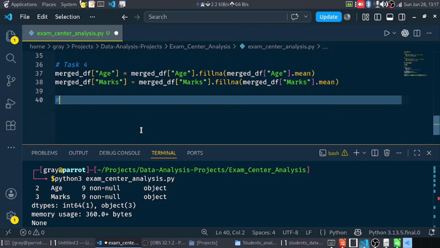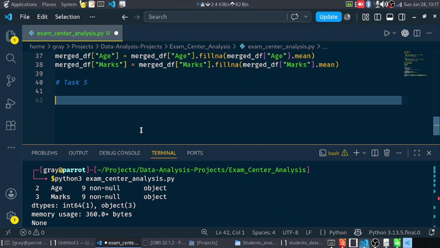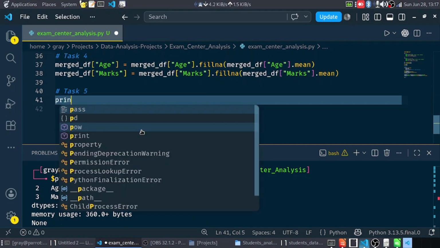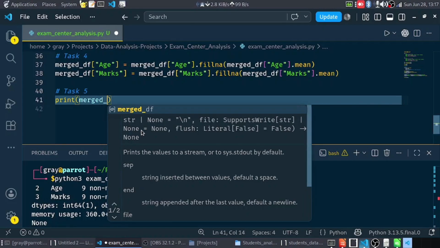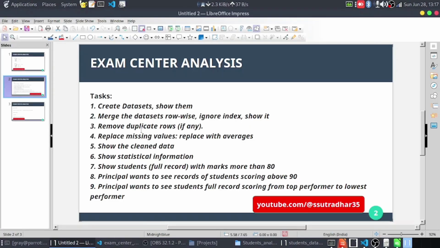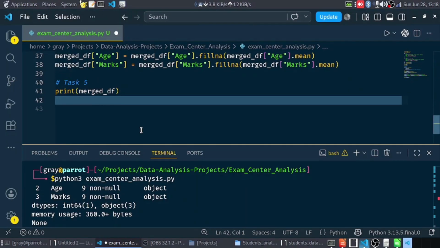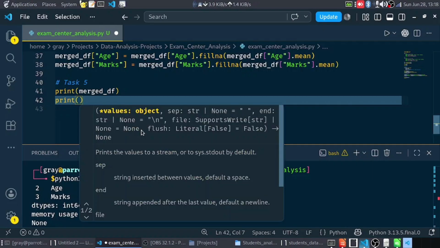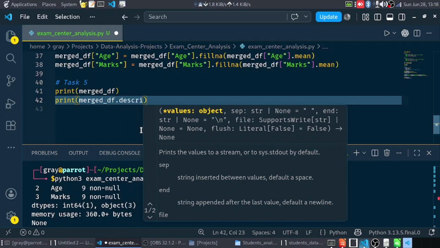Now let's see what's the next task. Task 5, show the clean data. Okay, fine, let's show it. Merged data frame, and I'm done with it. And show statistical information. Statistical information means it's asking to print out merge data frame dot describe,